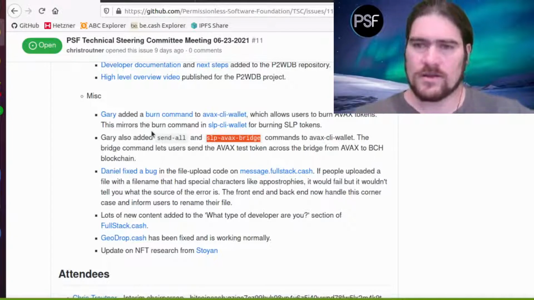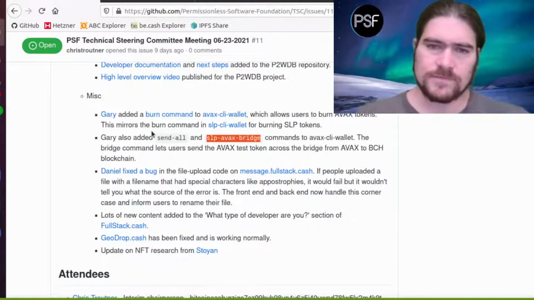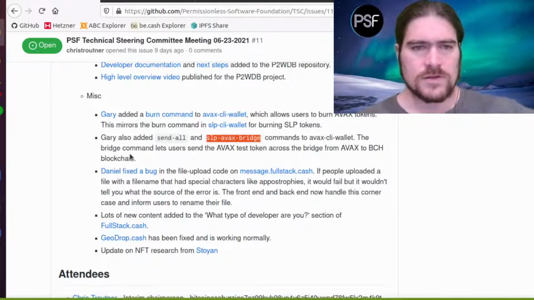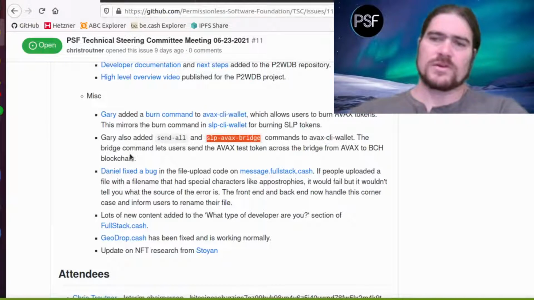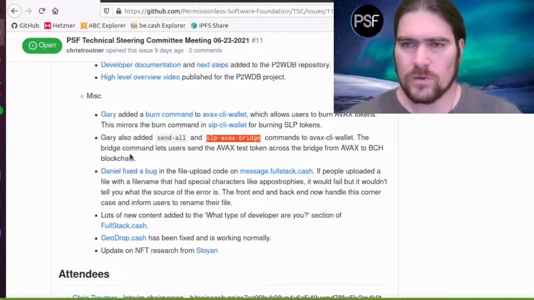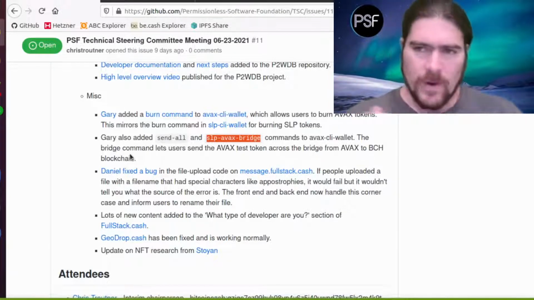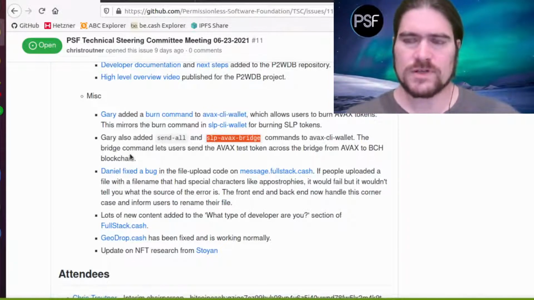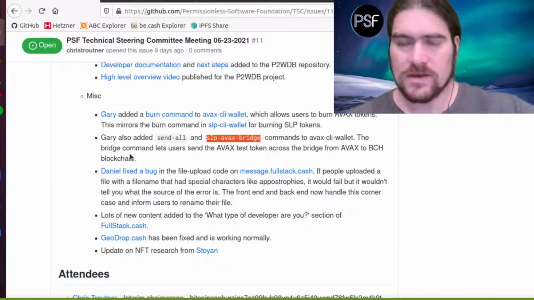And he's working on a similar command for SLP CLI wallet to send the token the other direction. So there's a lot of people interested in this token bridge. It's still kind of a developer-only thing. There's no graphical user interface still, but if people want to get their hands dirty and start poking at it and understand how this bridge works and how to interact with it, this is sort of a sneak peek.